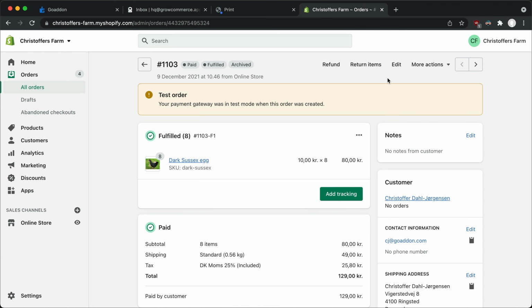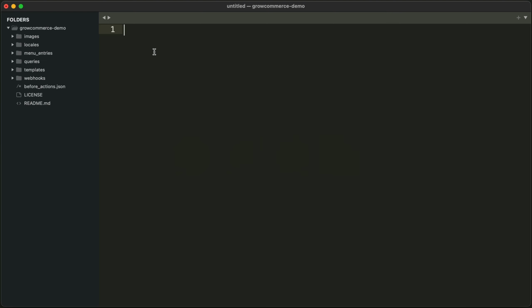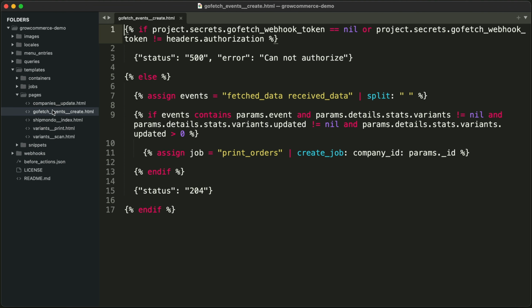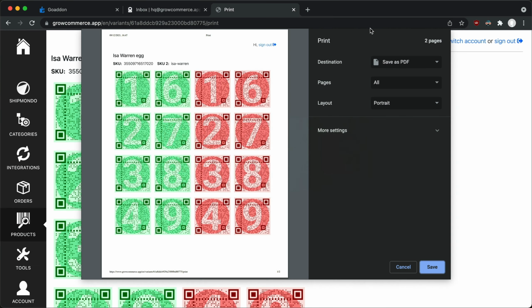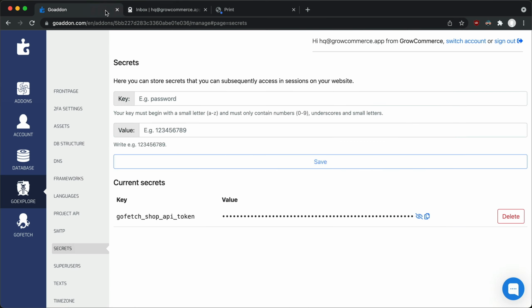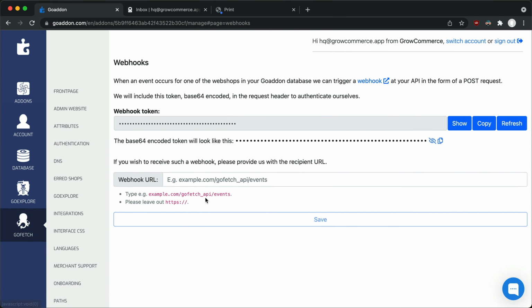Our implementation will rely on GoFetch to notify GoCommerce every time an order or product has been created or updated. Other approaches exist, but mine is to ask GoFetch for a webhook notification. The page template to receive it is called GoFetch Events Create, which translates into a post request that looks like this. To inform the GoFetch add-on that this is our chosen webhook path, let's copy it and tap back to the GoFetch add-on account of GoCommerce. From here, I can navigate to the GoFetch menu entry, find webhooks in the sub-menu, and paste in the